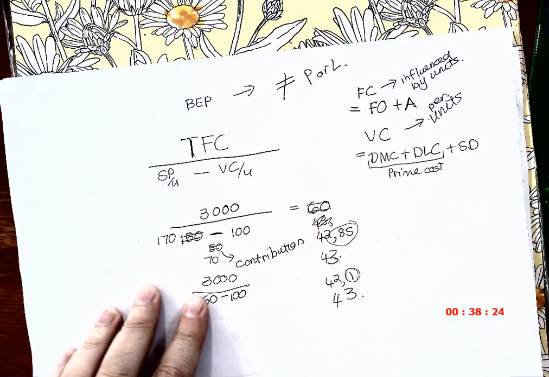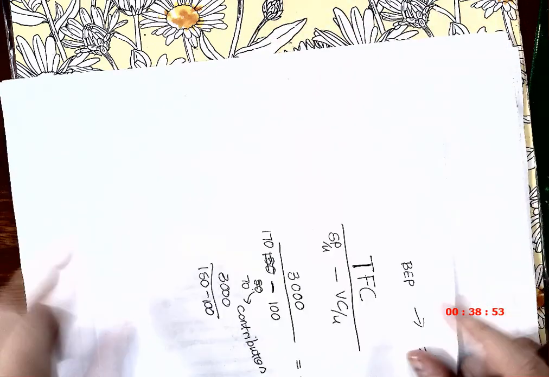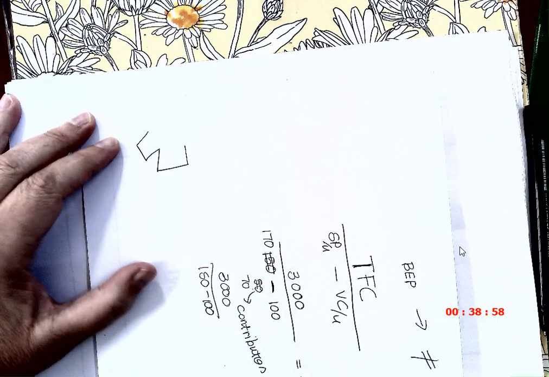Another one that they like to do is they will ask you, this business wants to make an extra 5,000 Rand profit. How many extra products do they need to produce? So what will you do? You will take the 5,000 and divide it by the contribution. Let me explain to you why. Let's say I make t-shirts. This is the one I did with you last year as well. I'm going to stop this video and continue it